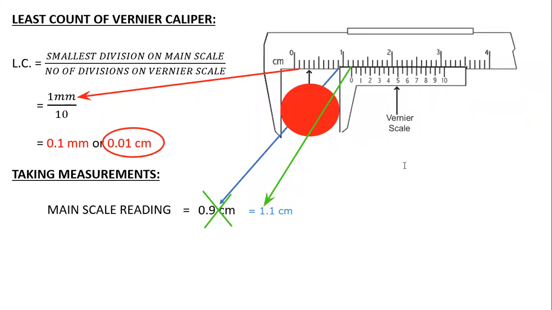Yeah, Ayush, you understood the same confusion even Vansh had, the same explanation I gave. Because if I take 1.2 and if I further divide it into the second decimal place, I will get an answer more than 1.2. But my answer is lying between 1.1 and 1.2. It might be 1.12, 1.13, 1.14. So to get that second decimal place, I will be using my vernier scale. So is main scale reading clear? Any doubt how to calculate?